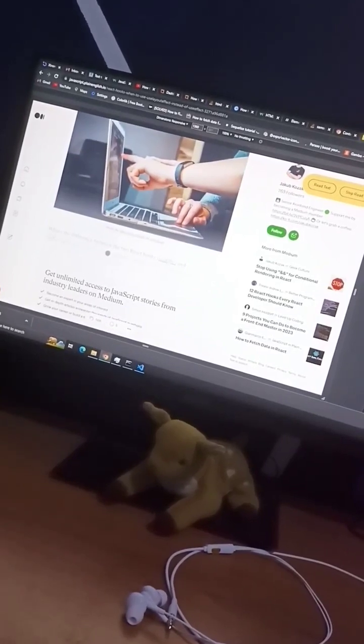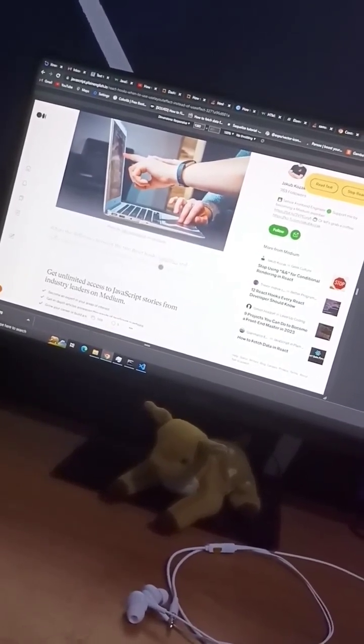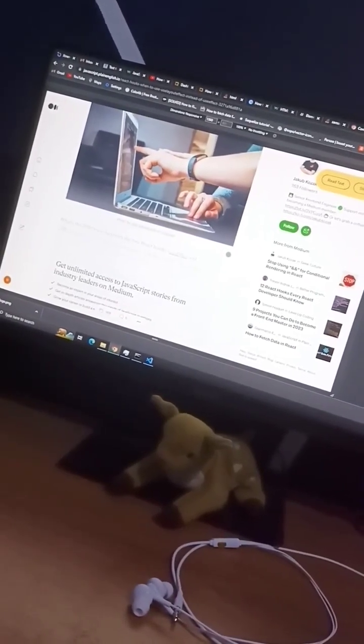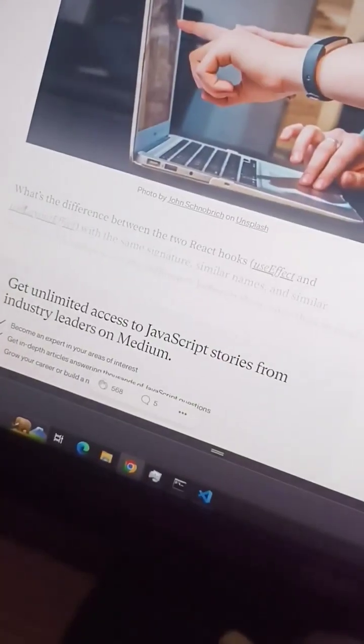What's the difference between the two React hooks, useEffect and useLayoutEffect, with the same signature, similar names, and similar outcomes? It's better to see the difference between them once than to read